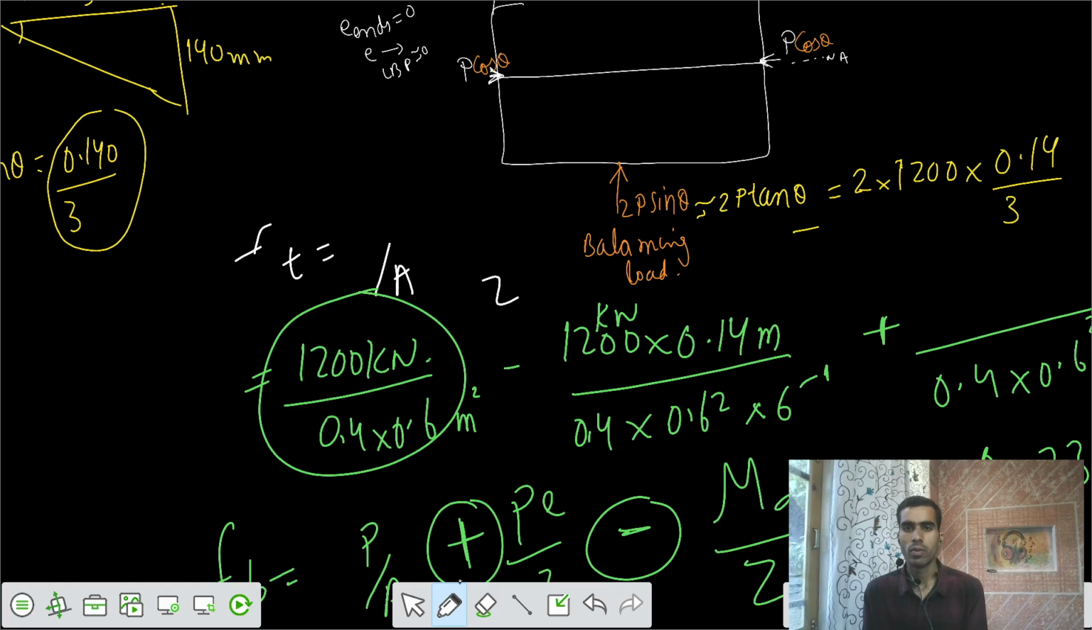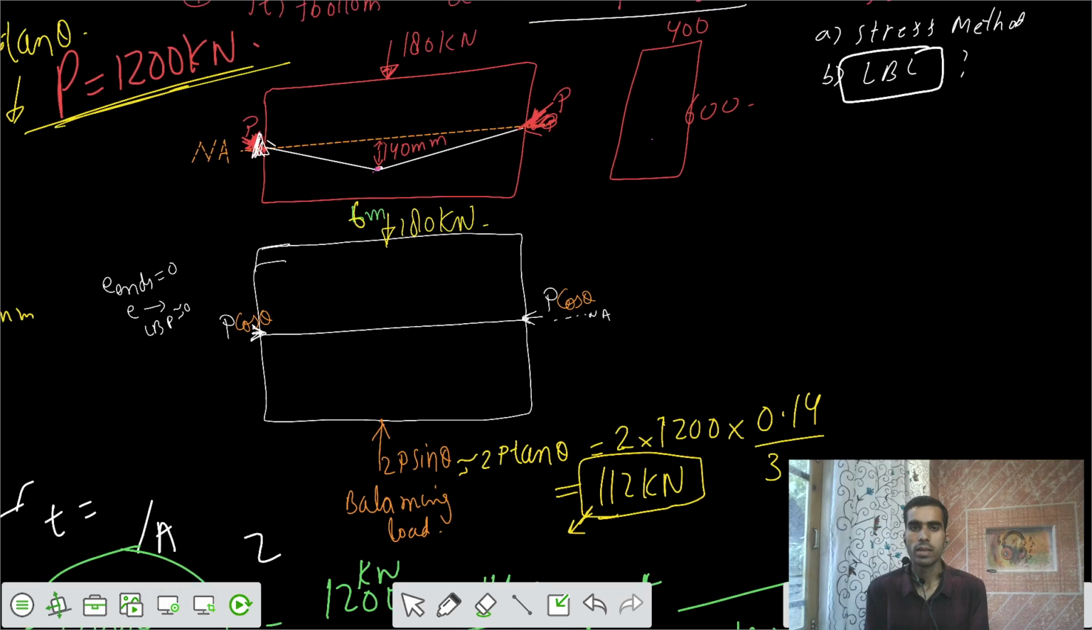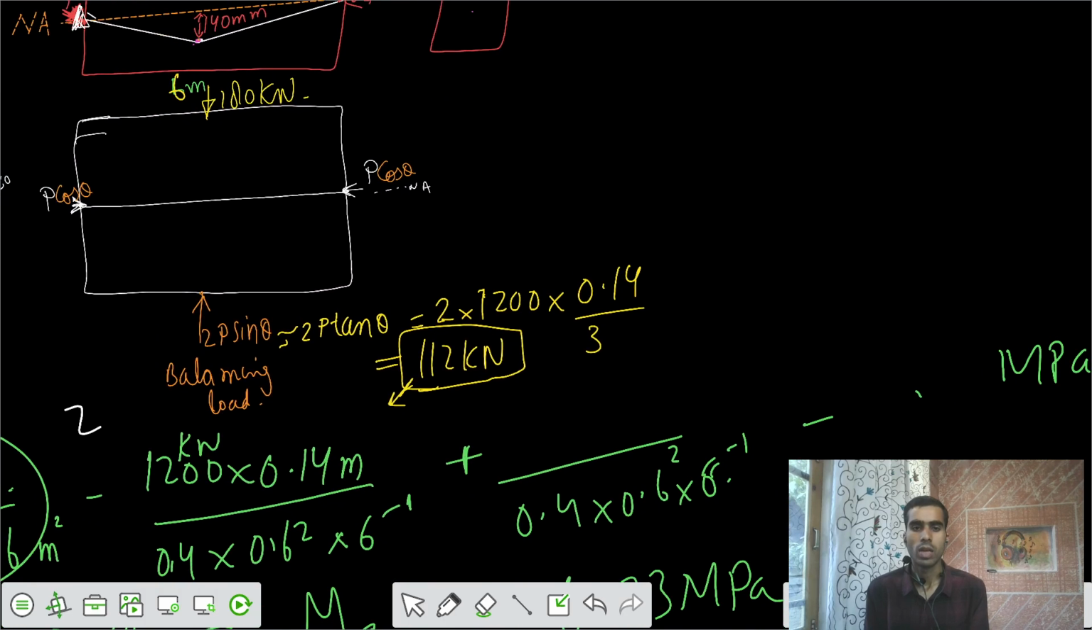That overall value would be equal to, let's solve it, 2 into 1200 by 3 into 0.14. That's 112 kilonewton, acting upwards. This is the balancing load, 112 kilonewton. And there's some downward load also, 180 kilonewton. So I can have this finally in a diagram, where we have a beam,